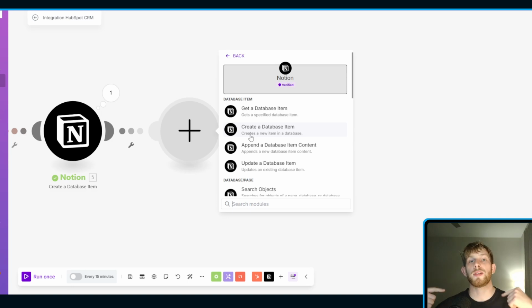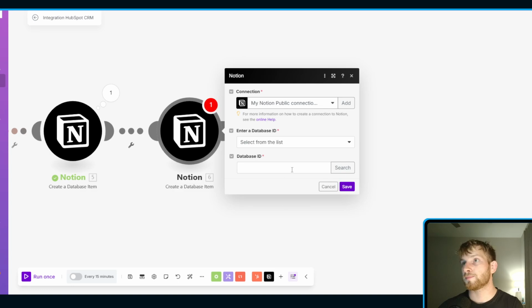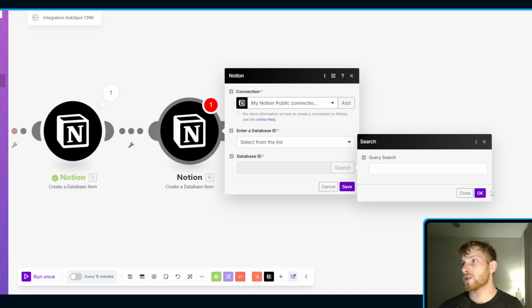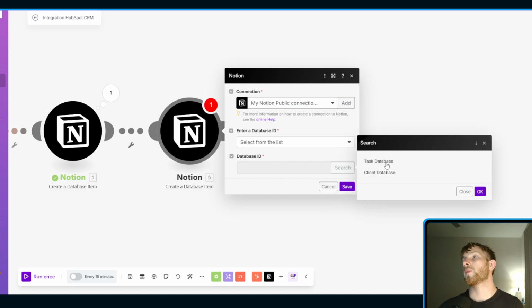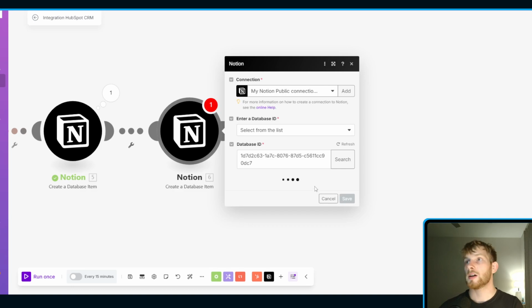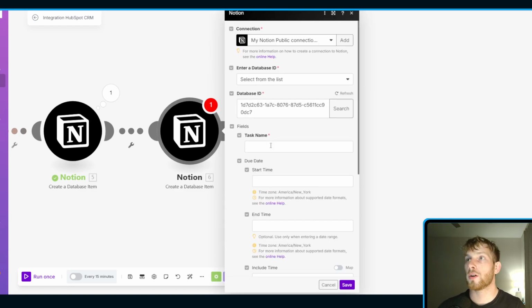Then we're going to build the second automation, which will help with some of the recurring things, which is pretty easy. I just want to show you how to do that one as well. So we're going to create a new database item. We are going to let this do its thing. We're going to hit search, search again. Now we're going to look at the tasks database. And we're going to